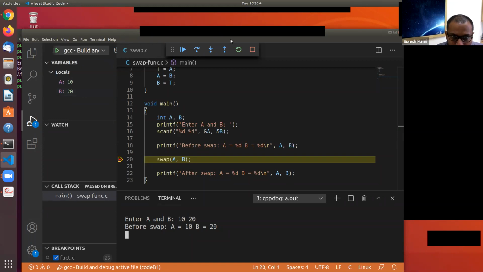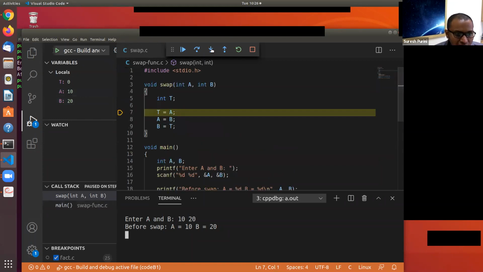Now we are stepping into the swap function. The swap function has the local variables T, A, and B, but the local variables A and B are special: they are parameters.